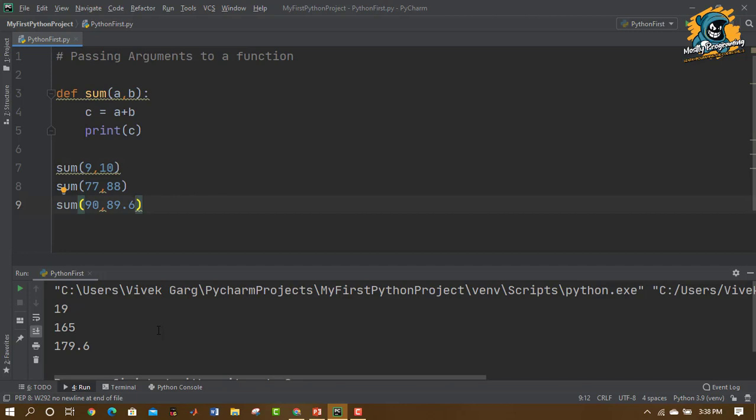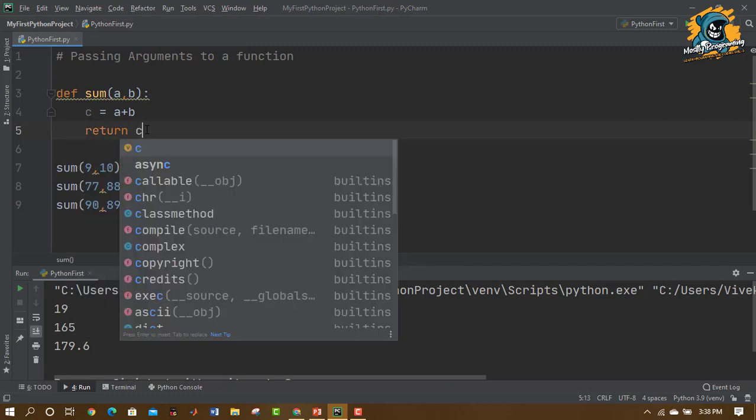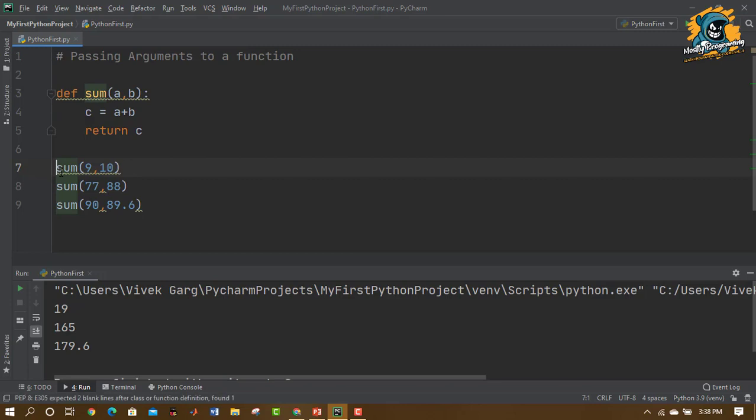Now there is a concept of returning values from the function itself. In passing the arguments, what we were doing is we were passing some values as the arguments in the parentheses while calling a function. But now, also we are taking something back from the function. And how can we do that? Suppose I remove this print statement from here and write return c instead, and here what I am doing is print